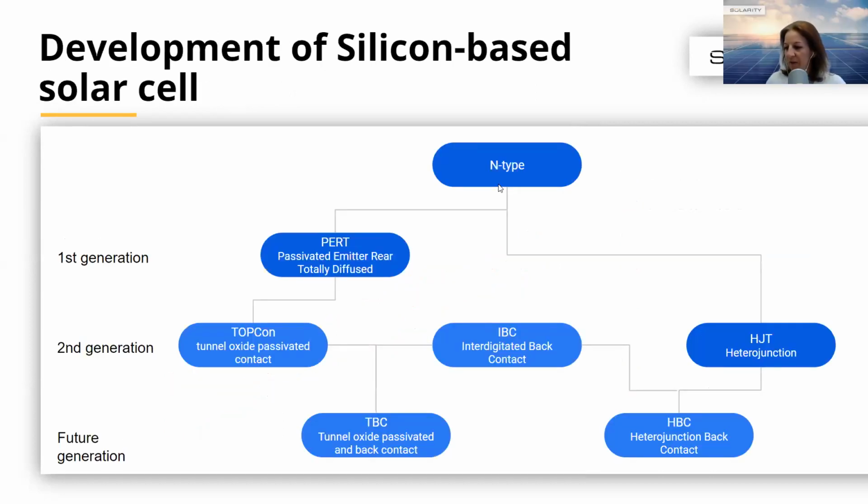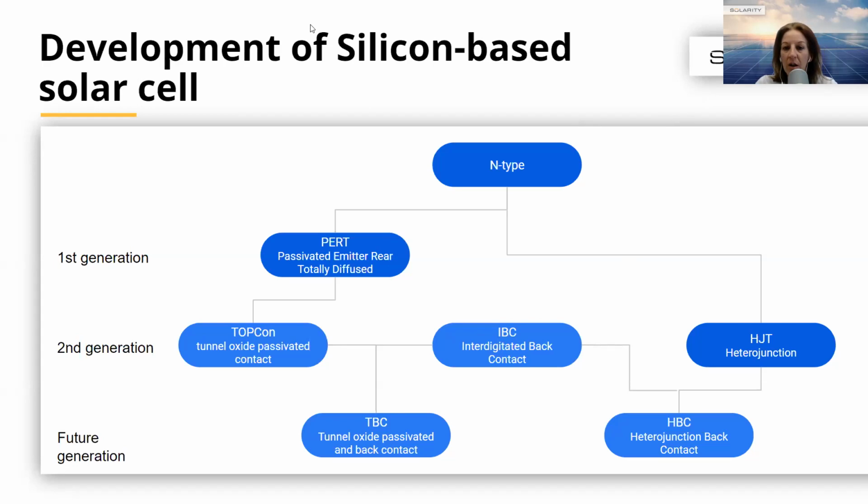Okay, so from here we are getting to another part, and this is the innovation. In the past, you heard most of the time about poly and monocrystal modules. Poly is almost phased out. There is still demand from time to time, mostly in some other continents, but here in Europe we moved to P-type or N-type. And from our portfolio, you can see that we have both P-type and N-type.